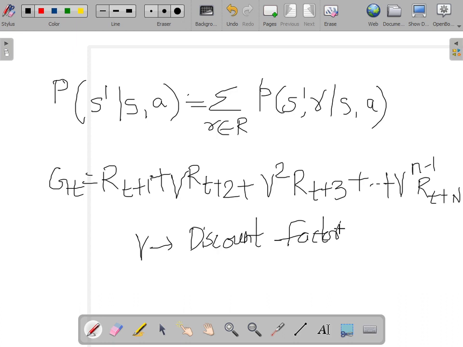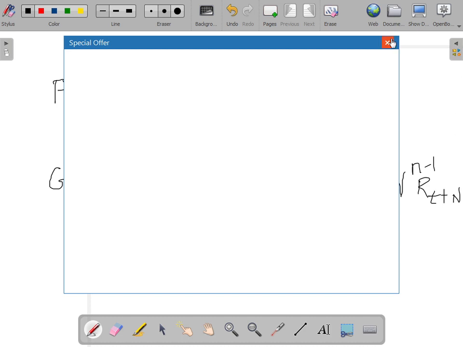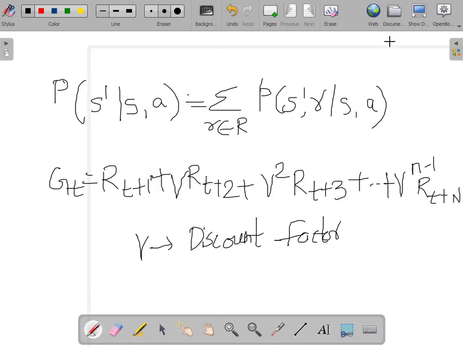So at time t plus 1, whatever reward you get, you will get the complete reward, because the immediate reward r of t plus 1 is the immediate reward you get only after performing that action when moving from one state to another state. But what happens is the reward value decreases step by step, because if you don't decrease the value, generally this reward will be infinite.